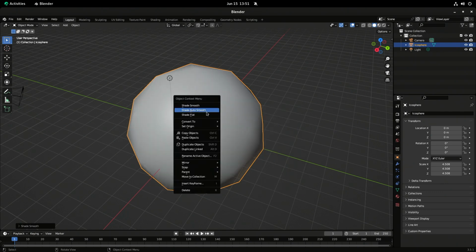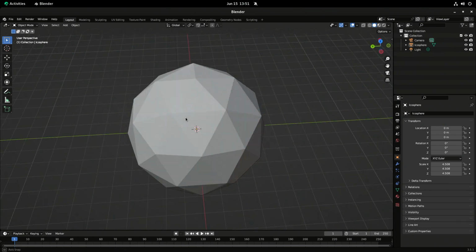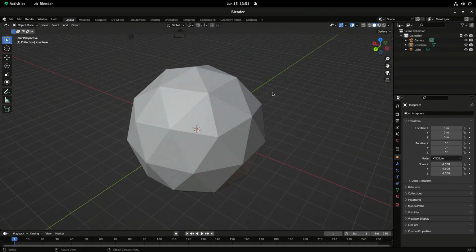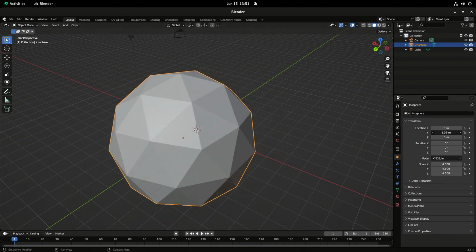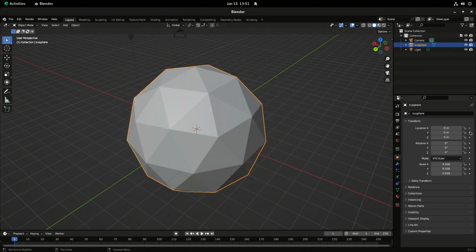So we have some options here. We can control how it's shaded. Like I said, we could move it over here with these as well if you prefer. I generally don't like to do it that way. However, it's great for animation purposes. So we already talked about this before.